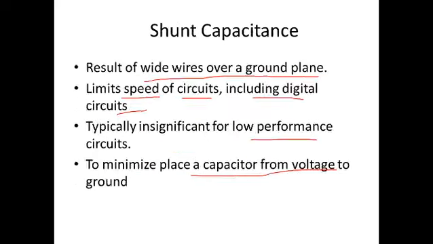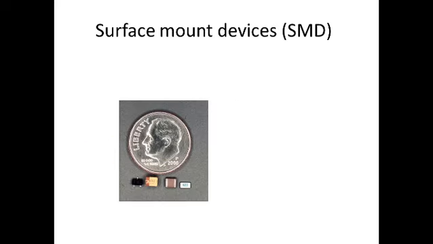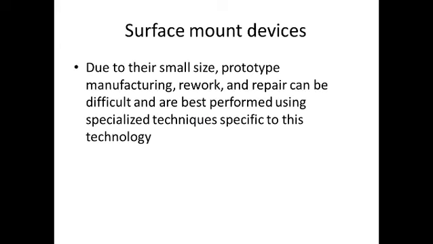And one more last point we will see: SMD, surface mounting devices. Here you can see that this is a coin placed here. This is just to give you an idea of the size of the components. So these are the components, and this is the coin, which is similar to our 5 rupees coin or 10 rupees coin. So you can see that this is very small. The advantage of using SMD devices is that their size is very small. That is going to reduce the size of your PCB also. So nowadays SMDs, surface mounting devices, are preferred.